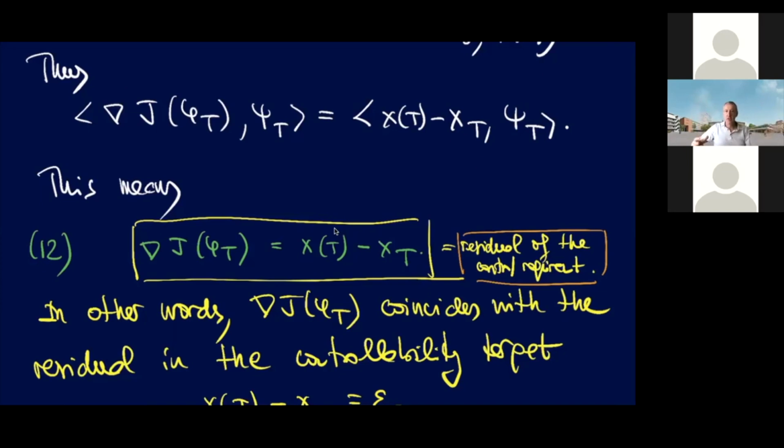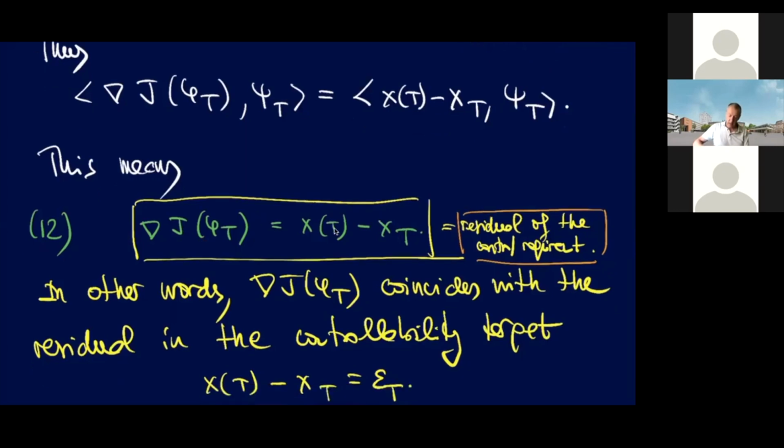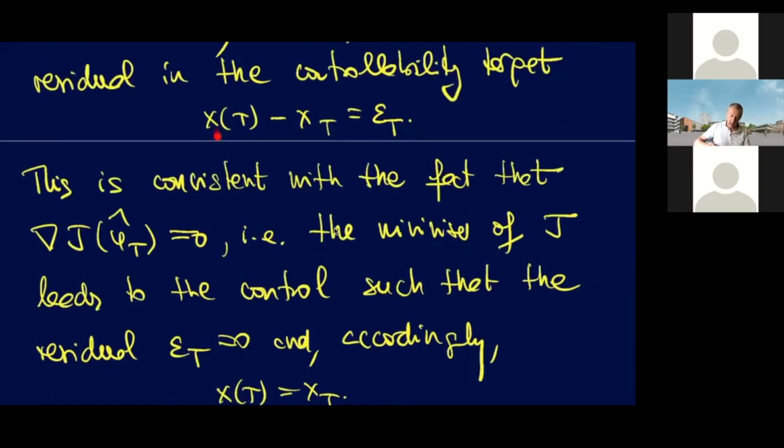But this is also natural. Why? Because we characterized being a perfect control as being a minimizer of capital J. If you are a minimizer of capital J, the gradient of J is equal to 0, and then the residual is equal to 0. So it's very natural that the residual is related to the gradient. Actually, they are identical. And once you realize that the gradient is just given by this residual, you realize that